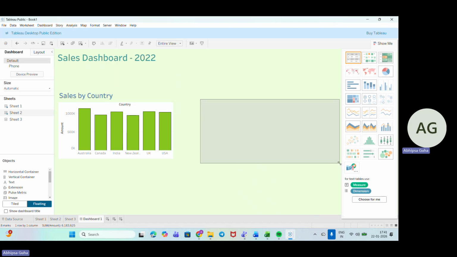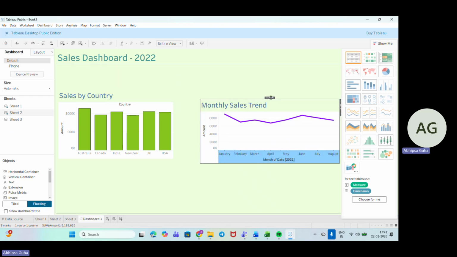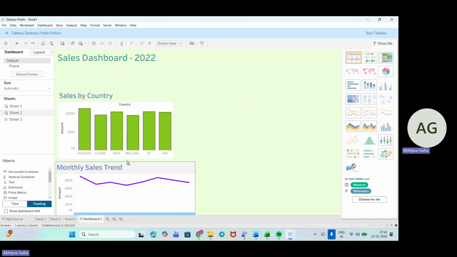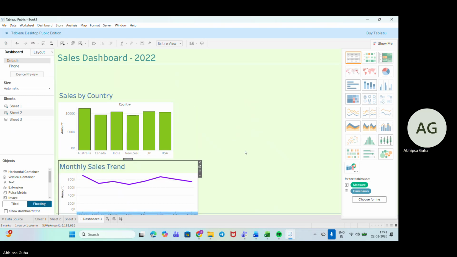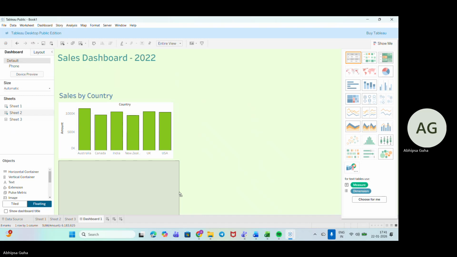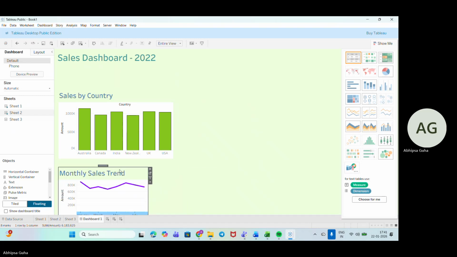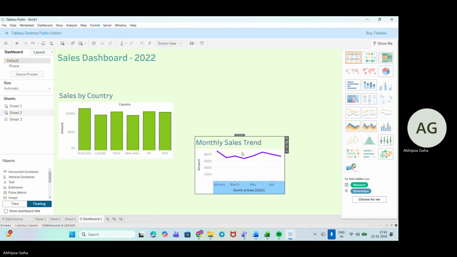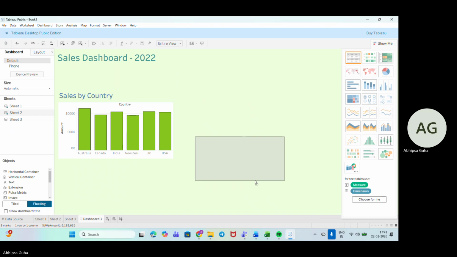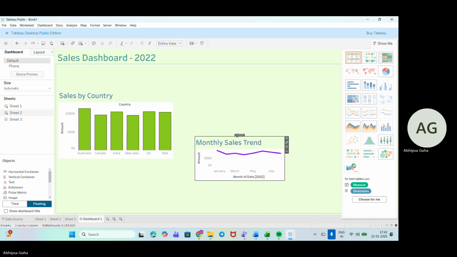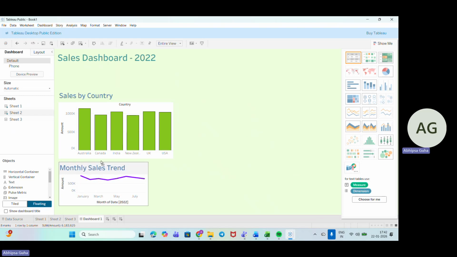So I'll just stretch it, or we can just put it here. You have to adjust it the same way as you have done for Power BI or Excel.